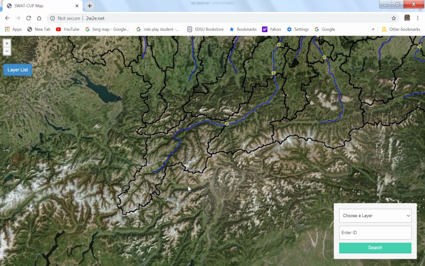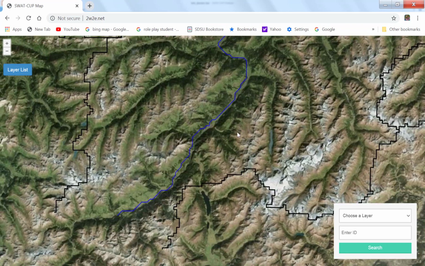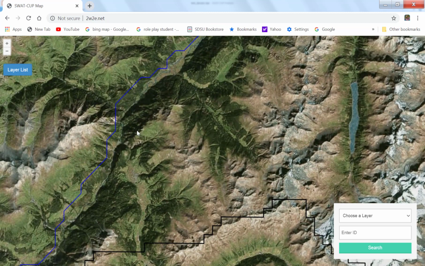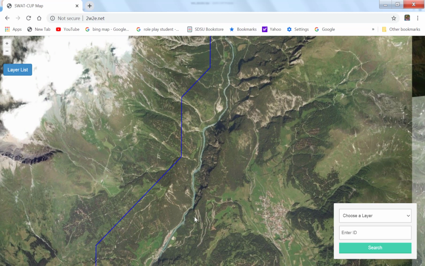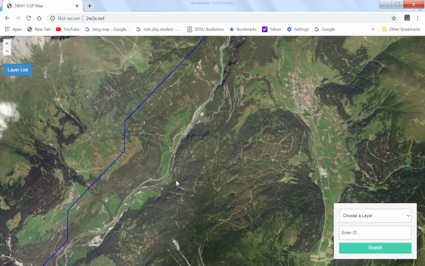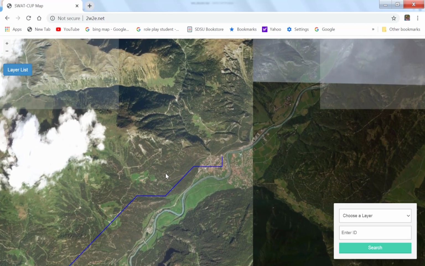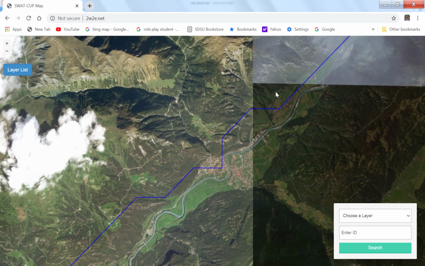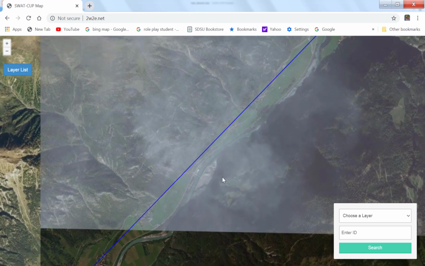And then if I go deep inside and have a look at how well the rivers are simulated, I can see that, okay, here is the upstream, starts from the snowy mountains, and the river goes down. This is the actual river, and that's my SWAT river, the blue line, so it is not so bad